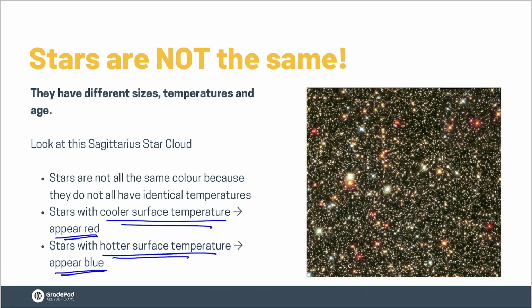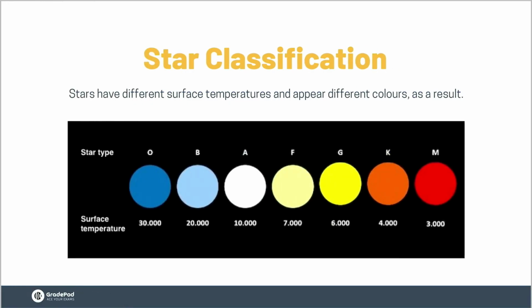Now, if we think about the star, it looks like this. It's really hot in the middle, and then it gets less hot as it goes out. So when we're talking about the temperature of the star, we're actually talking about the surface temperature of the star. How hot is it on the surface of the star? So if we see a star that's red, for example that one, it's likely to have a cooler surface temperature. And if we see a star that's bluish, i.e. that one, it's likely to have a hotter surface temperature. So bearing that in mind, we can classify stars in terms of what their colours are. And they are